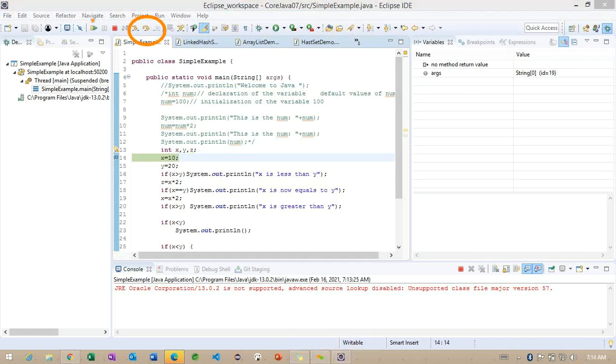These four icons play an important role in debugging. If we click on this, it will execute line by line, and this arrow is going to enter into the method. As of now we did not find this; we'll get to that one also.